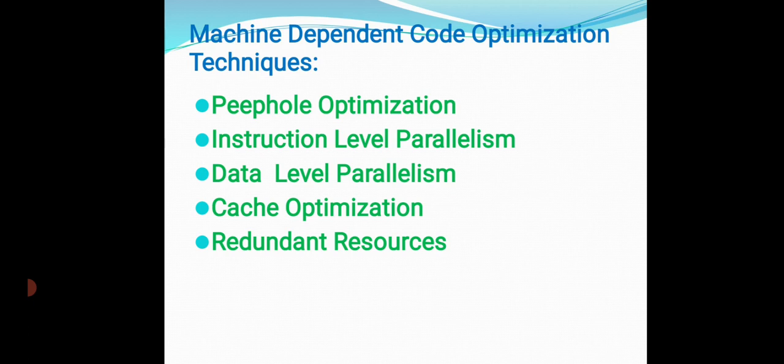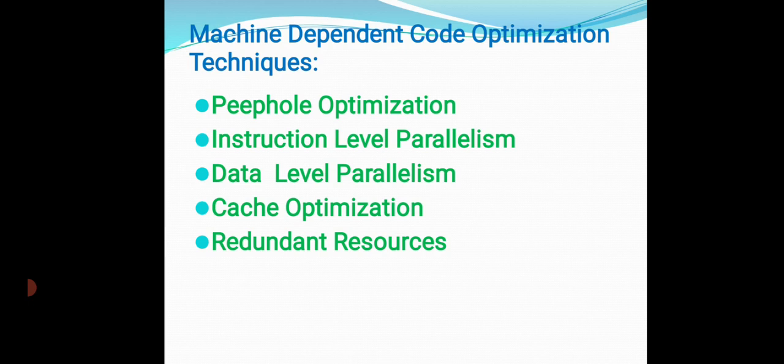Obviously, we know that cache is the fastest memory after registers, and we have a limited number of registers. So cache is quite important memory, and efficient use of cache can improve the efficiency of the program. While optimizing the target code, we consider the size of the cache or the level of cache that we are using, and also the cache replacement policies. All these things are considered in cache optimization.